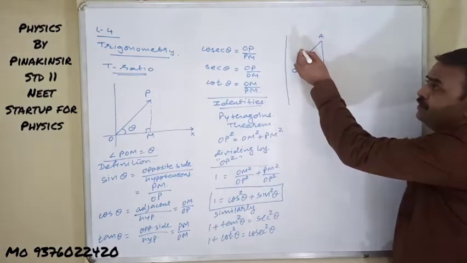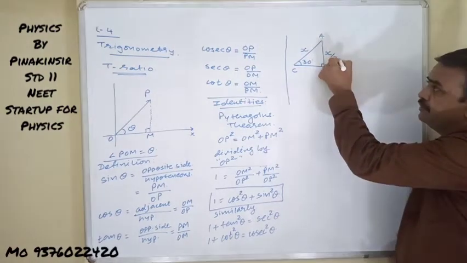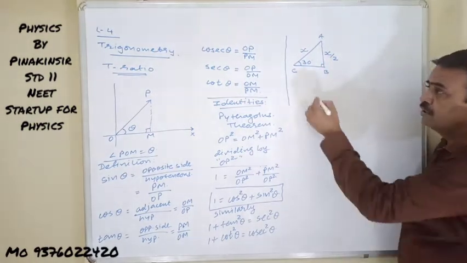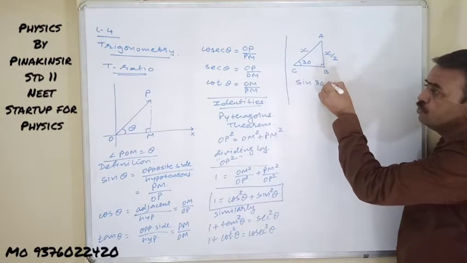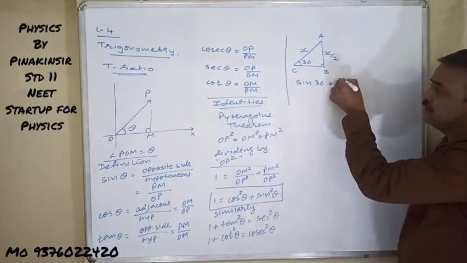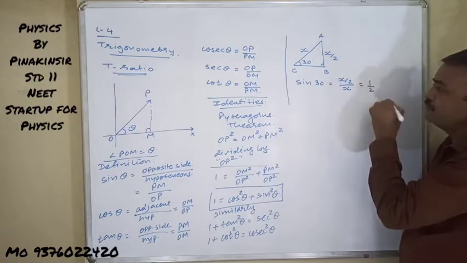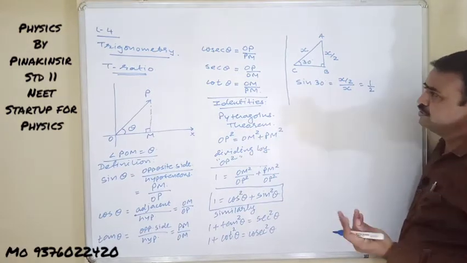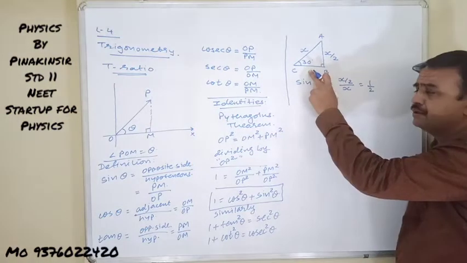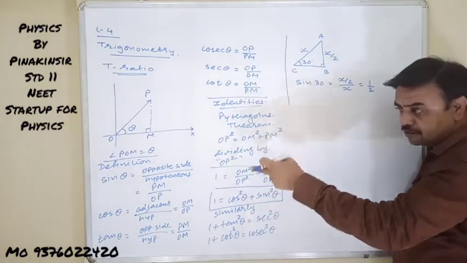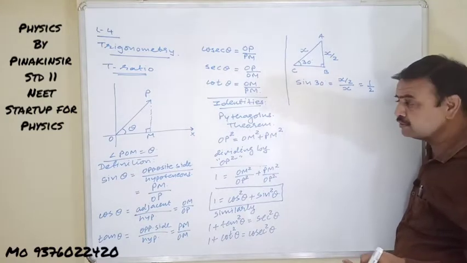Thereby, if AC is given by X, then by result AB is given by X by 2. And again, by definition, you know, sin 30 is equal to what? Opposite side by hypotenuse. X will be cancelled there, and thereby you will get 1/2. Same way we can define, using Pythagoras, this side, and same way define all trigonometric ratios using either Pythagoras or geometric results.